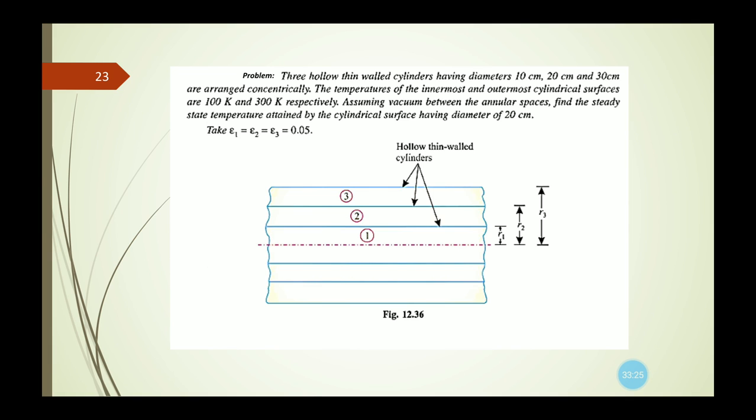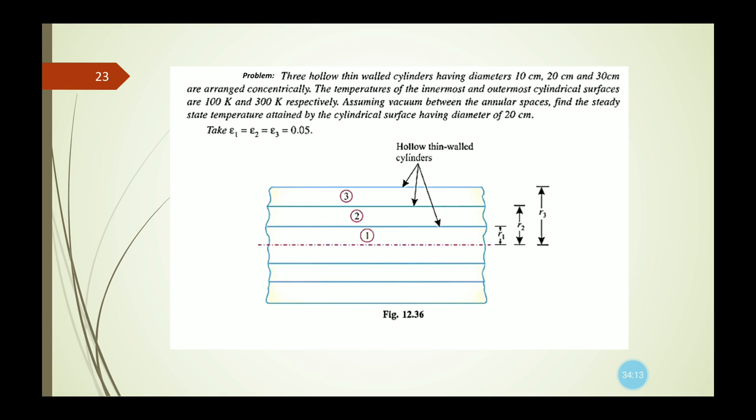So let us discuss one more numerical. The question given is about three hollow thin walled cylinders, which we can see in this diagram also. Three hollow thin walled cylinders are considered, having diameters 10 centimeter, 20 centimeter and 30 centimeters, arranged concentrically. The temperatures of the innermost and outermost cylindrical surfaces are 100 Kelvin and 300 Kelvin respectively. Now, assuming vacuum between the annular spaces, find the steady state temperature attained by the cylindrical surface having diameter of